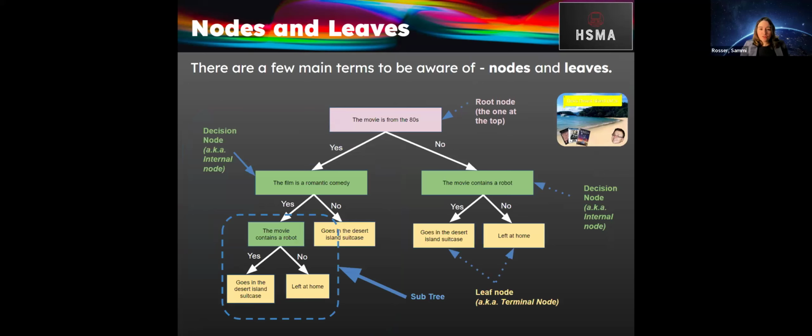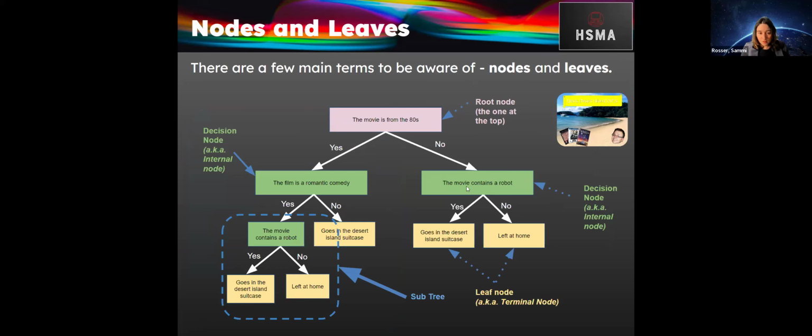Now, when we talk about decision trees, there are a few main terms to be aware of, nodes and leaves primarily. So we have a root node. This is our node at the very top of our decision tree. We then have a decision node. These are the ones internally. So when you're making a choice, when you're going down a